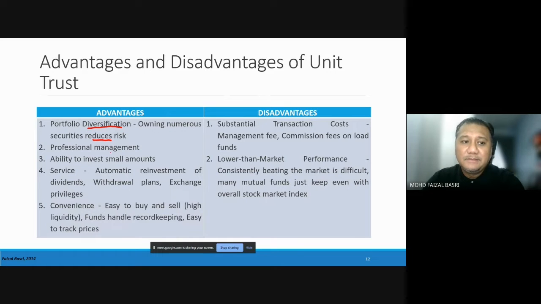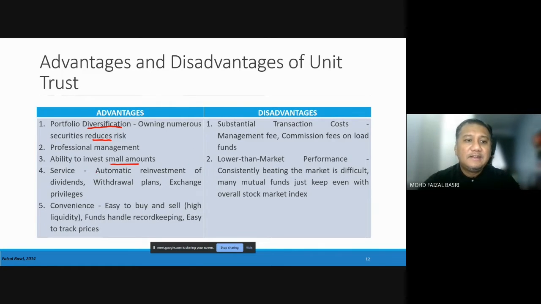Okay, they will be managed by professionals. You can invest in smaller amounts, ada yang in hundreds, kebanyakan few hundreds dah boleh start invest so very considered cheap lah. Kalau you nak beli property kan cost dia tinggi, you nak kena bayar down payment, so amount yang besar to invest in property. Tapi untuk unit trust, small amount, dalam few hundreds pun dah boleh start invest.